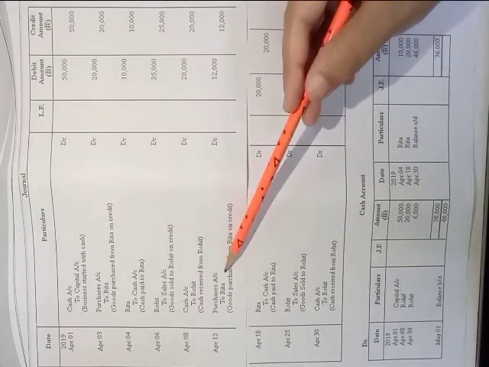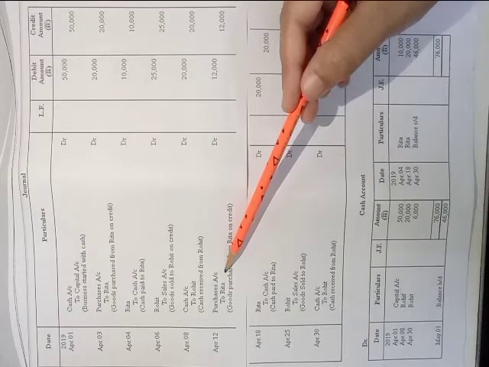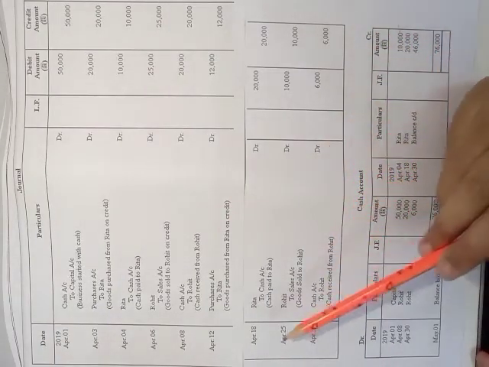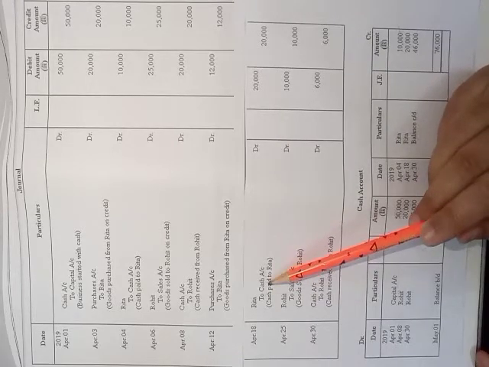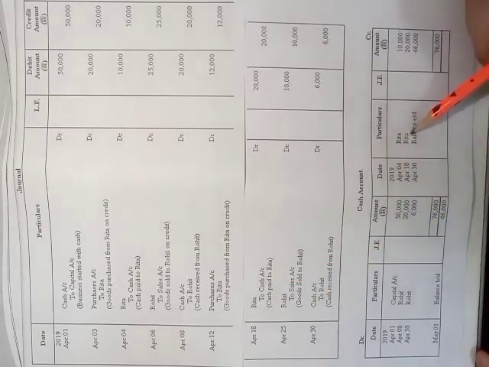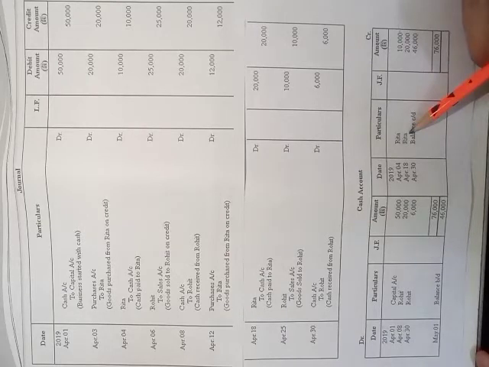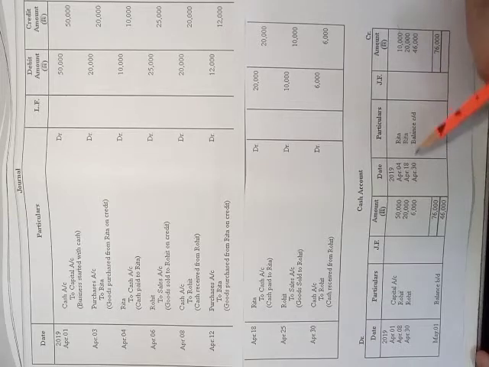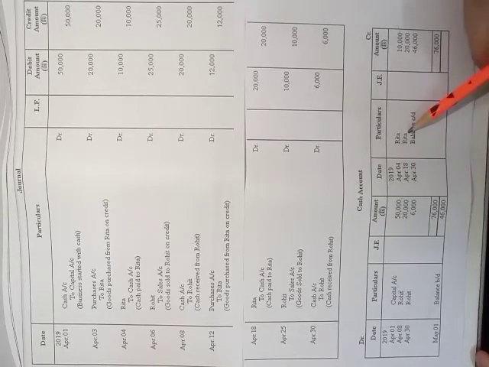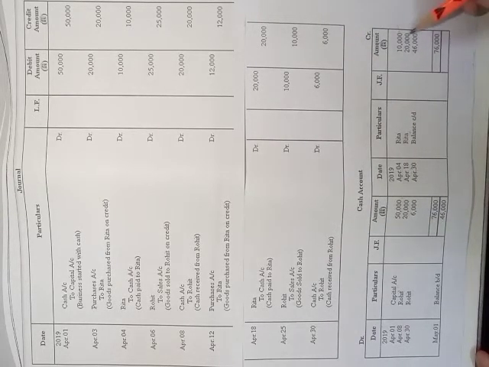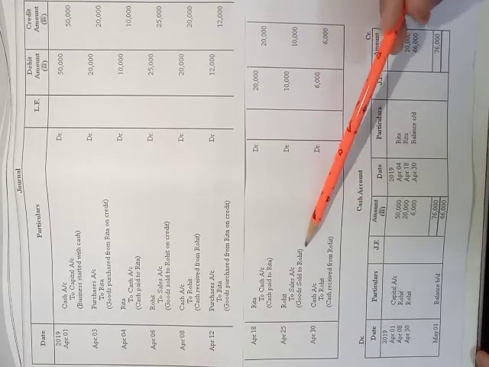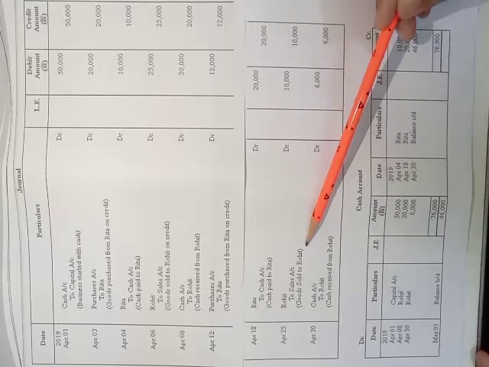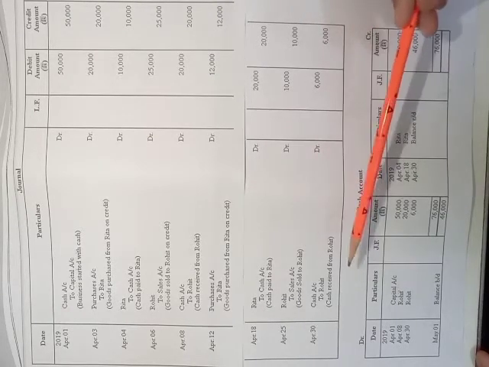Now the next transaction, again it is not a cash transaction, so it will not be posted. Yes children, see now the April 18 transaction, this is a cash transaction. In this, cash has been credited, so on the credit side we will post this transaction. The name of the other account is Rita, so I have written date April 18, Rita, 20,000, the amount in front of the cash account.